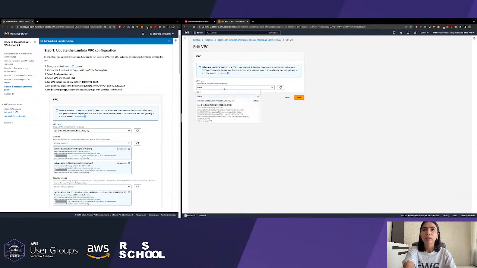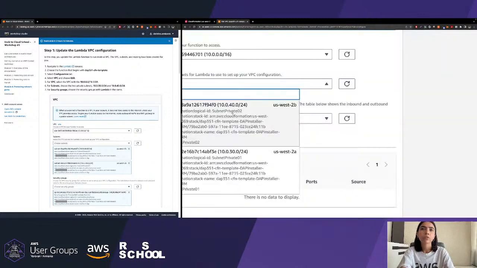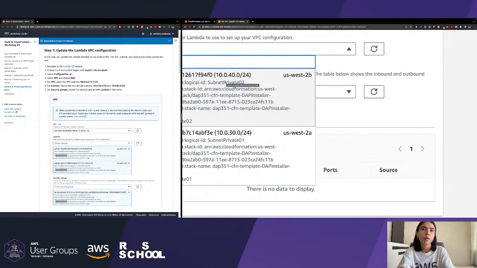For this, we are going to choose the VPC already created by the CloudFormation template by AWS, especially for this workshop. So remember the name. And for the subnets, we are going to choose these two private subnets.